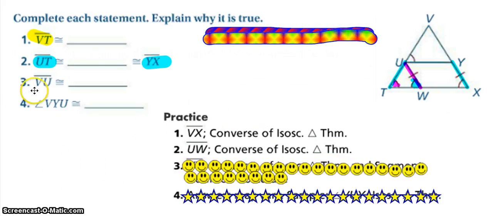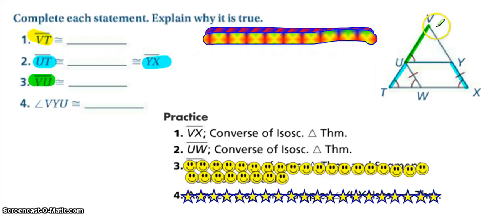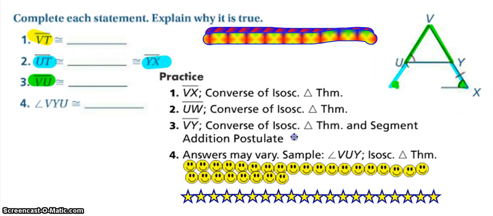If we look at number 3, we're looking for what side is congruent to VU. So when looking at VU, I see that VU is part of the larger segment involving UT as well. And since I know that UT is equal to YX, a good place to think would be our VY right here, because I have this base angle down here relating to the entirety of VT, this base angle down here relating to the entirety of VX, and if I just use the segment addition postulate,